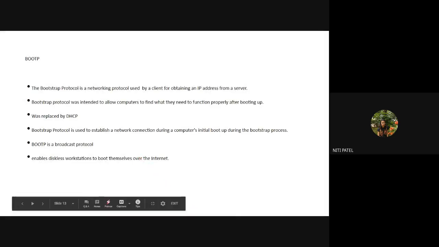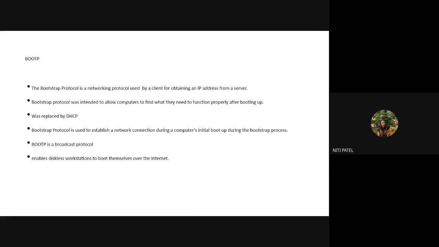Now what does this mean? Now I have a computer which has a hard disk. I will load the operating system from the hard disk. So from where my operating system is loaded, it is loaded from the hard disk. So my hard disk has partitions like C drive, E drive, F drive, and so on. Mainly you will find your operating system in the C drive. So when I start the system, the operating system is loaded from the C drive. That means it is loaded from the disk.